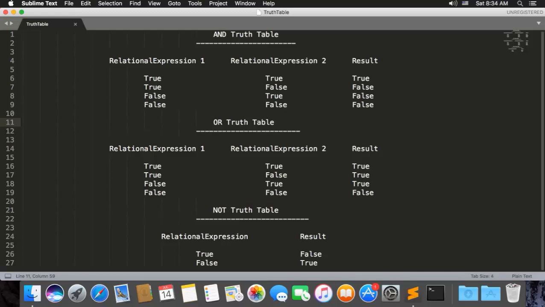Often in a program you'll have more than one comparison to make, and those comparisons will be related to each other. When that occurs, you need to use what are called the logical operators. We're going to start off by looking at how the logical operators work generally, and then we'll look at some specific Python examples. Logical operators are and, or, and not, and what you're seeing in front of you are the